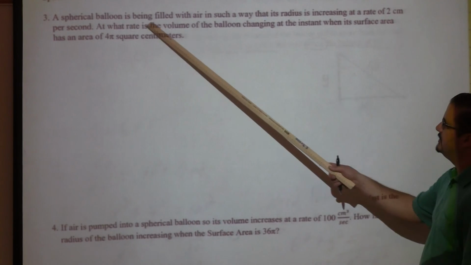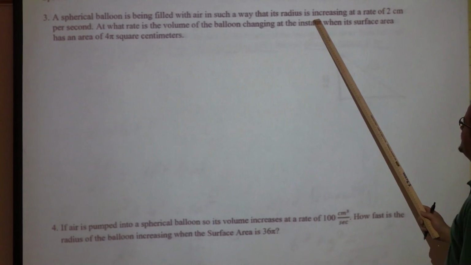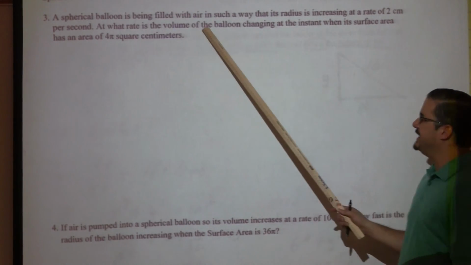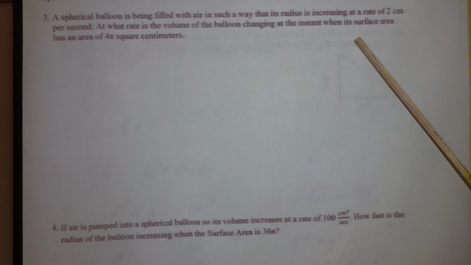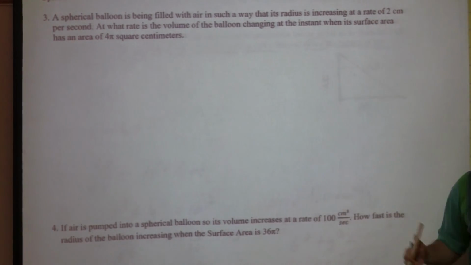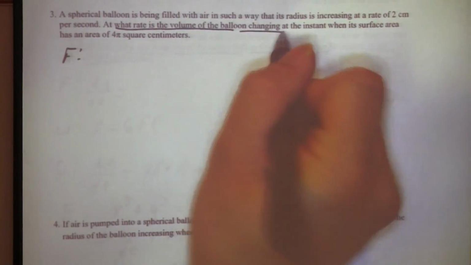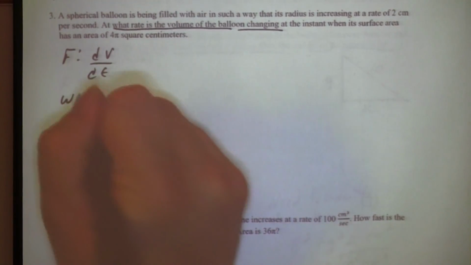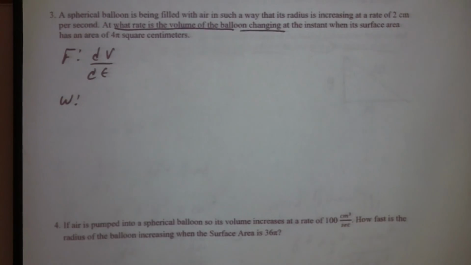So we got a spherical balloon, and it's being filled with air in such a way that the radius is increasing at a rate of 2 centimeters per second. At what rate is the volume of the balloon changing at the instant when the surface has an area of 4 pi square centimeters? Okay, so what are we trying to find according to this problem? The rate of change of the volume, so that's dV/dt. When are we trying to find that? So when S equals